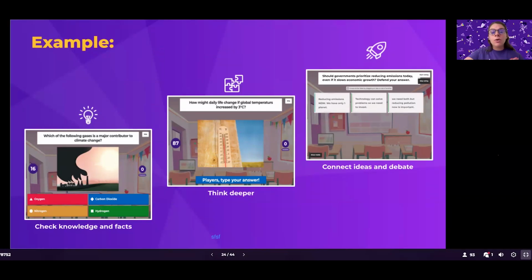Defend your answer. So all three of these formats are available within the Kahoot experience and do not change whether you have one question type or another, or what curriculum or another curriculum. Everything is there to really refine the critical thinking and the learning that happens along the way.